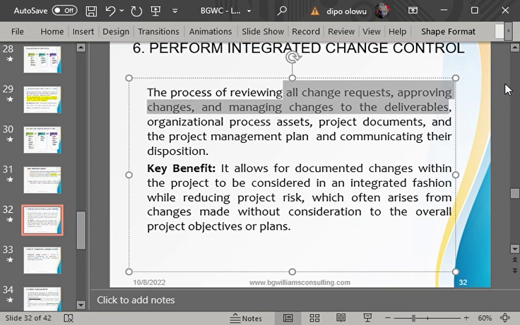That is what perform integrated change control is: reviewing all change requests, approving changes, and managing changes to the deliverables. So this is the process where the project manager ensures that whatever change needs to take place passes through the process.